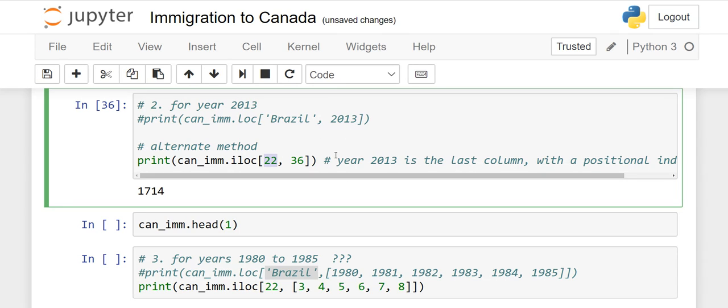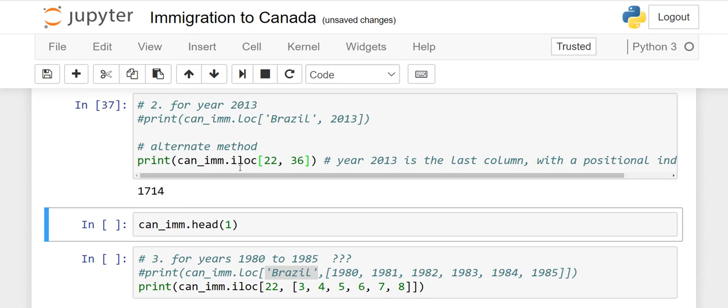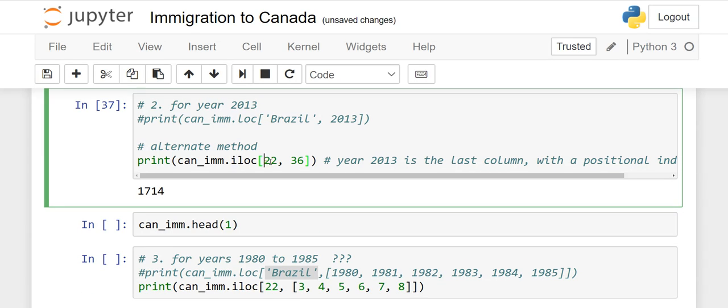The last one is 2013, which is the 36th column. So again, it is time consuming. Sometimes by mistake we can write 35 or 37 or 38, right? So it is much easier with loc. If I run this, you will get the same output, but in iloc you have to write down the index positions. This is for the row and this is for the column.